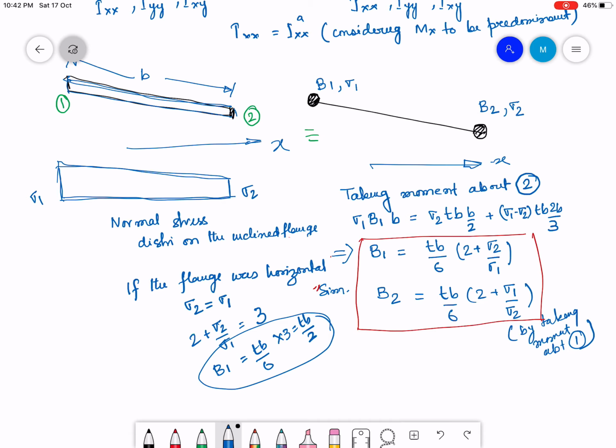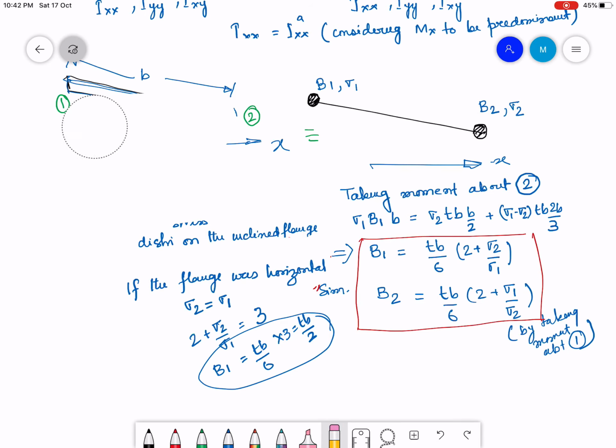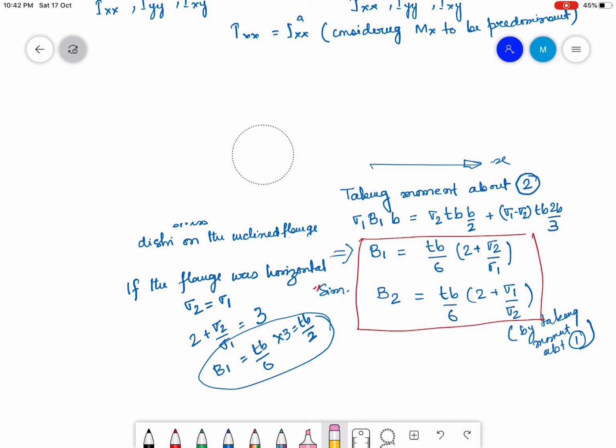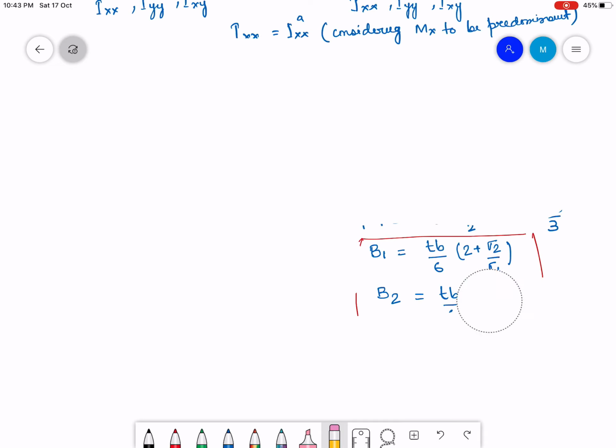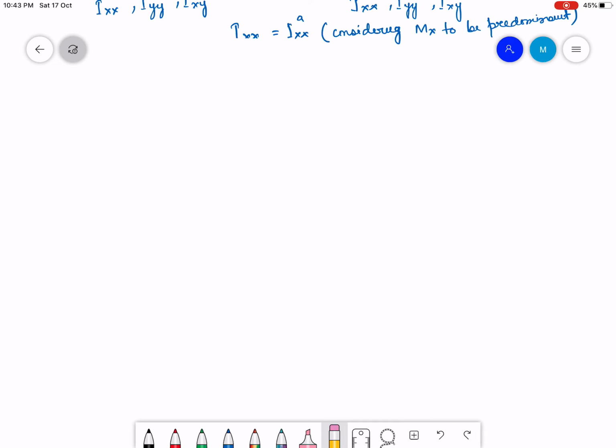So this is probably one way to tackle or model an inclined flange problem into a skin-stringer idealized model. Okay, so with this I will solve the example that is already solved in Maxent, but I wish to explain the solution here, and let's see how it is implemented.